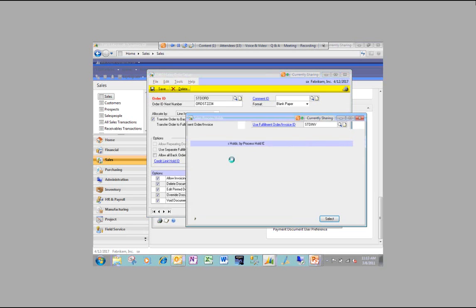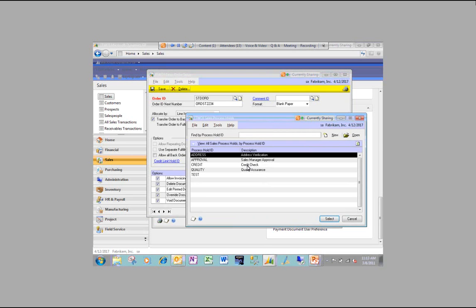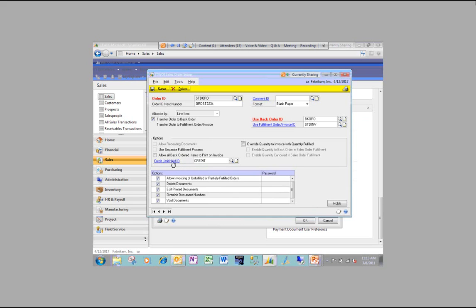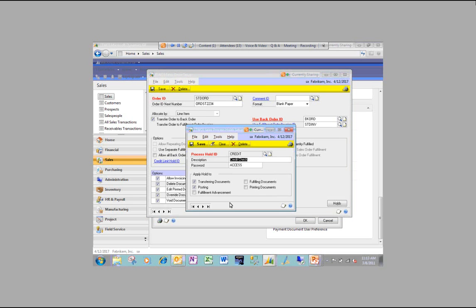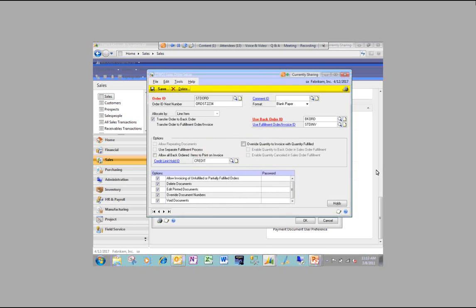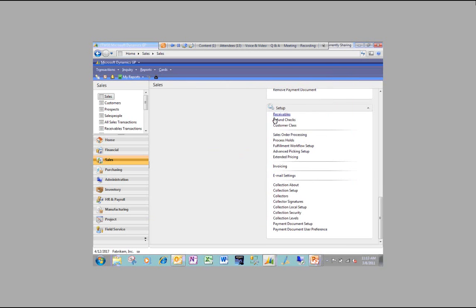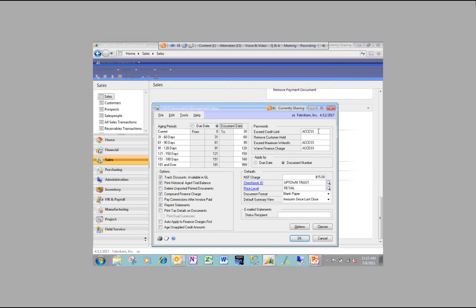So I can come here and say that we have a credit limit hold. I drill back on here and say we actually have a hold for transferring documents and for posting documents. And then in receivables setup, you simply need to make sure that there's not a password here for